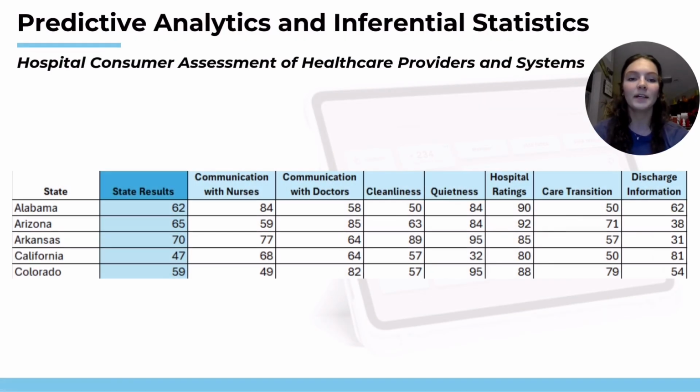Hello, I will now talk about predictive analytics and inferential statistics. Below is a table with 5 states and the results of their HCAHPS score, or the Hospital Consumer Assessment of Healthcare Providers and Systems. There are also 7 variables that can be seen in the table, and I will talk about how we can use these variables and discover which are most significant to create a model to predict the